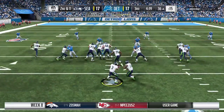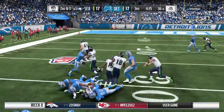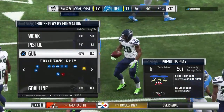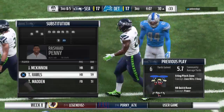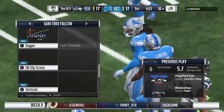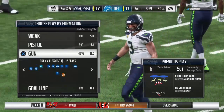Again, it's Penny. And he's going to fight his way forward here for a modest gain. He gets them a little over half of what they needed. Now they're looking at a 3rd and 5. Despite the blitz, they're still able to pick up a nice solid gain. The disadvantage of blitzing often alters the normal spacing and run fits and leaves creases like they were able to